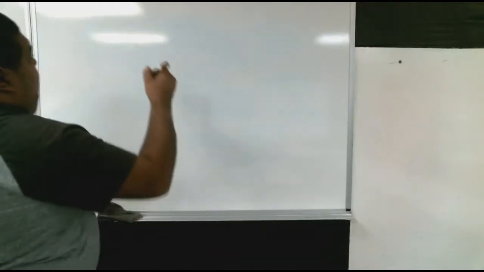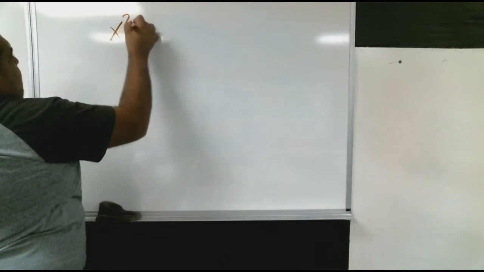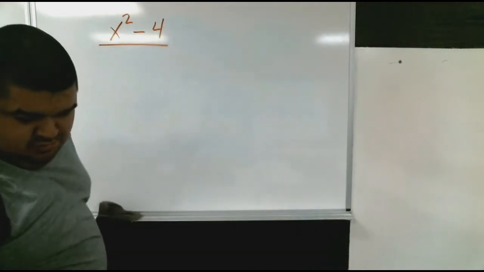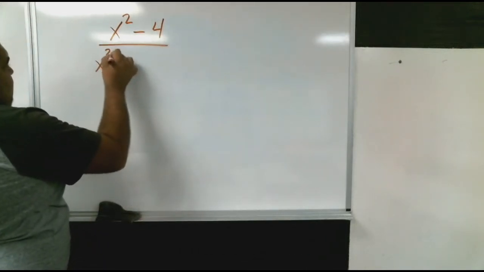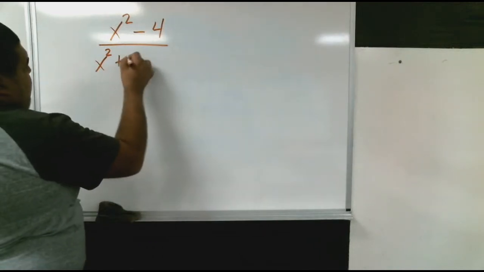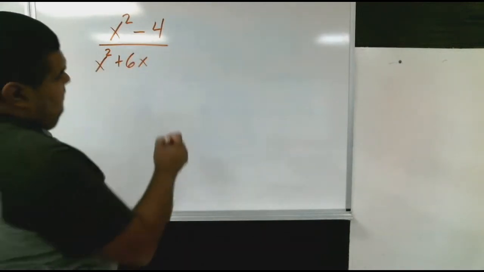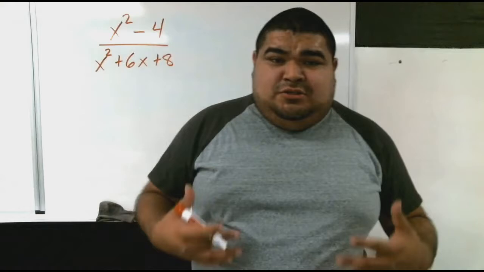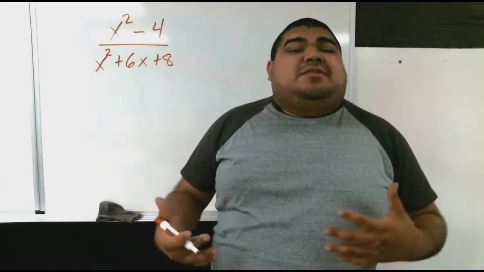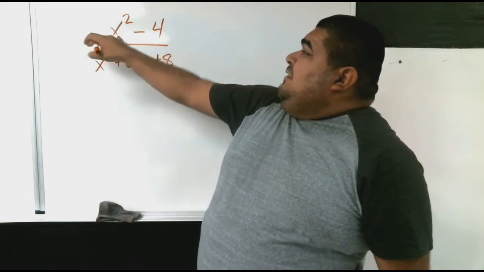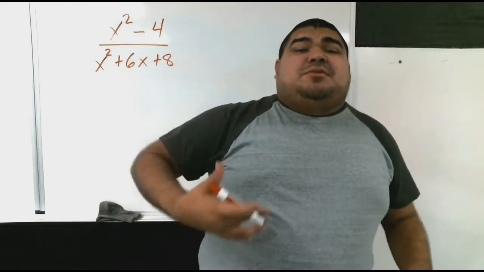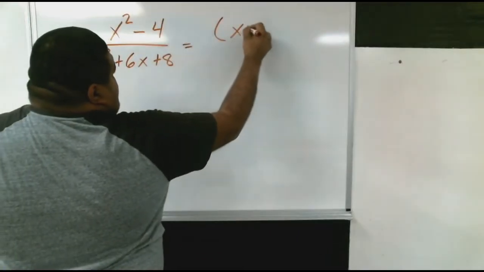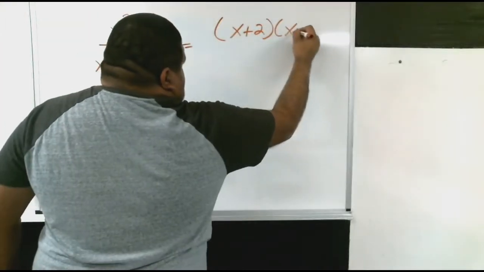We have x squared minus 4 over x squared plus 6x plus 8, okay? We're still going to do the same thing. We're still trying to reduce it as much as we can so we can cancel things out, okay? Again, since we already saw the top one in the previous problem, we pretty much already know how to do it, okay? That is set up as x plus 2, x minus 2